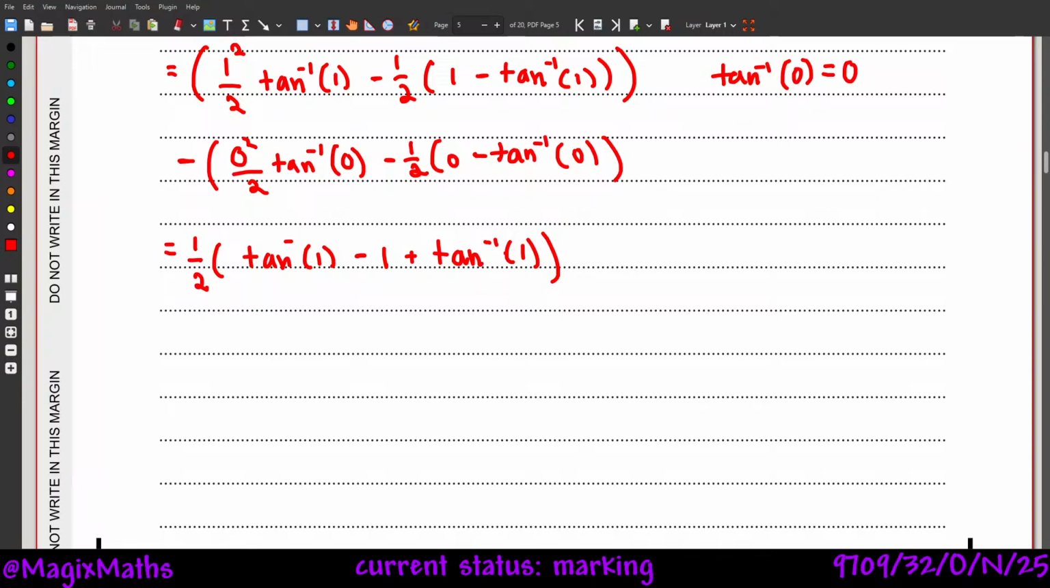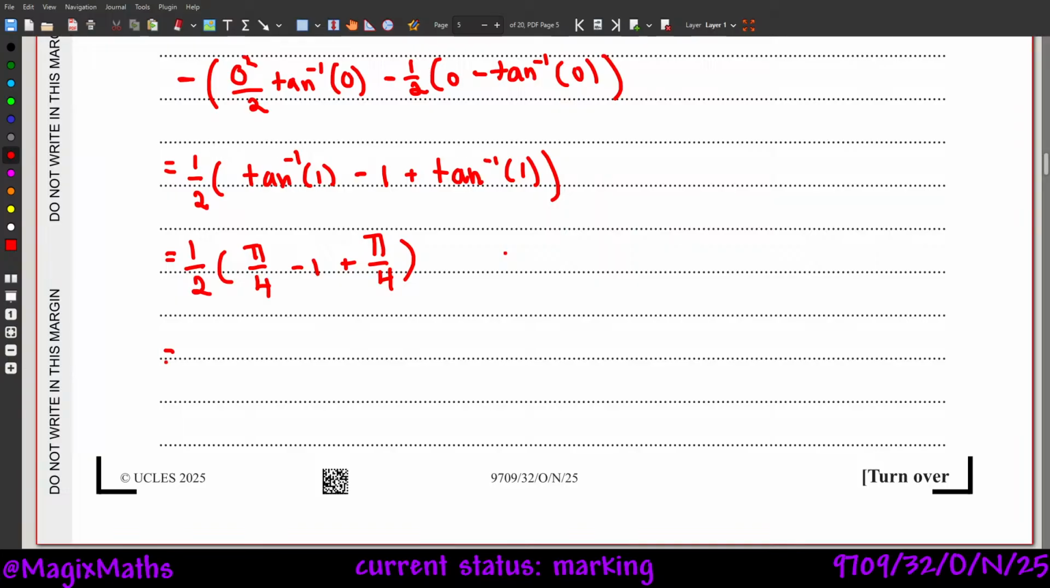And so putting in our calculator, we have half of pi over 4 plus 1 plus pi over 4. And finally, we have pi over 4, 1 over 2. Yep,